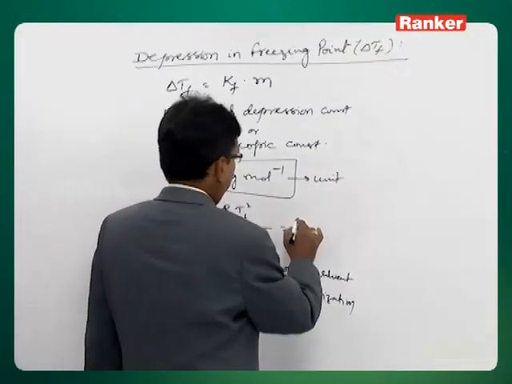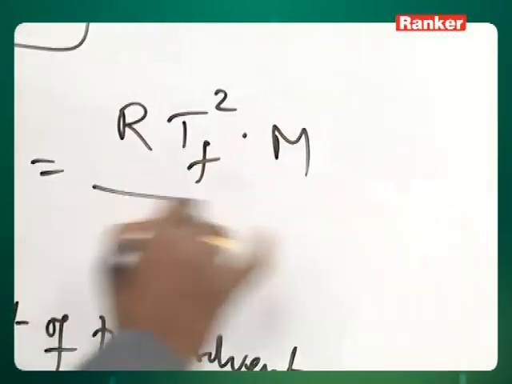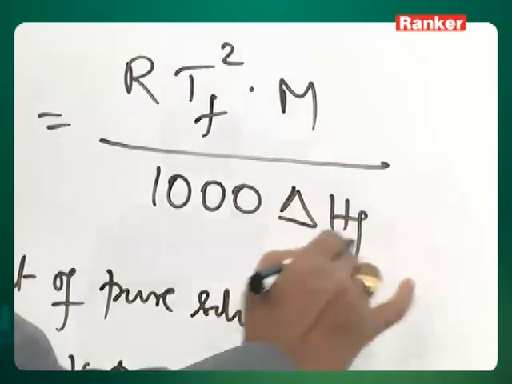And this in turn is again R TF square into m by 1000 delta HF,